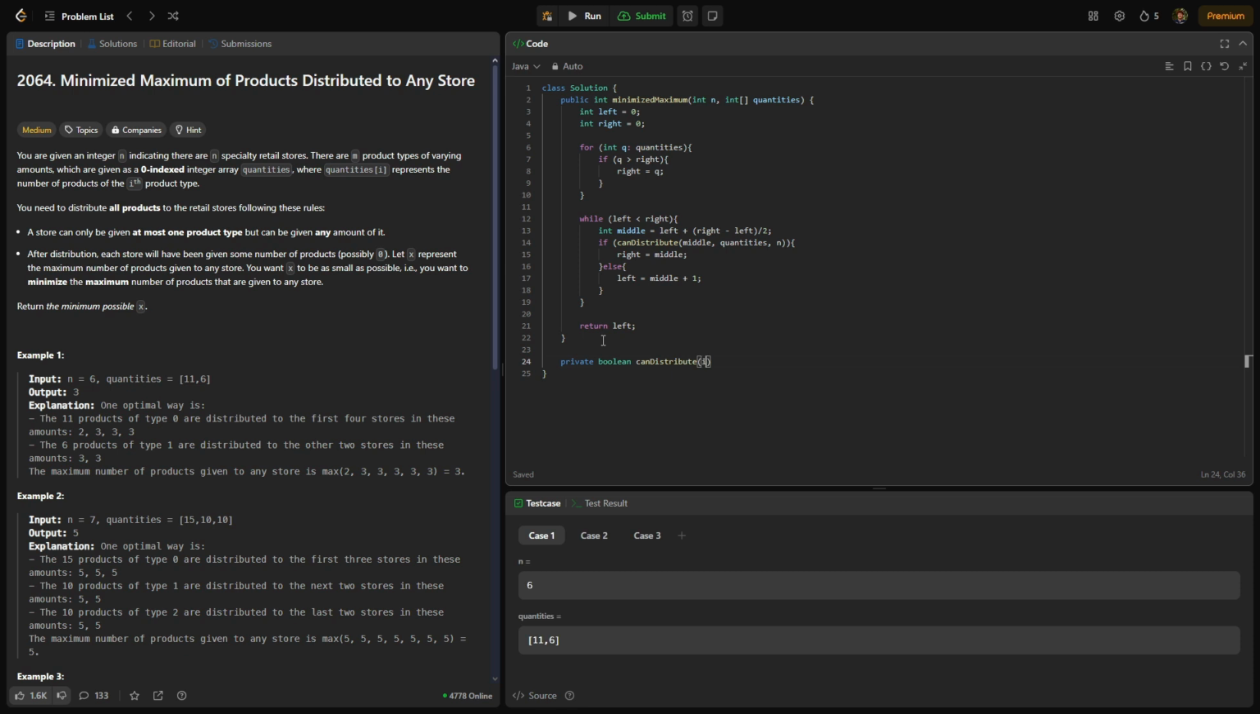It's going to receive an integer x, which is our middle variable, if you remember from above, an integer array called q, or our quantities, and an integer n, which comes from our input. Integer n is going to be the number of stores. So we're going to look to see what the minimum number we can distribute to each store is, and we will do that by using a pointer to traverse all of our products and see how many units we have